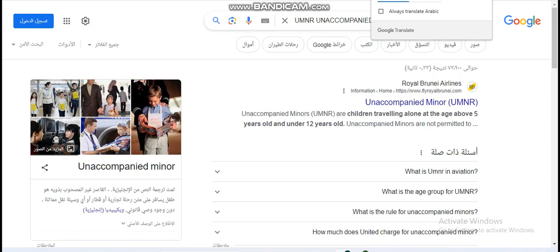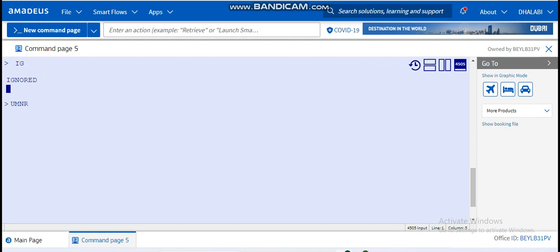Okay, so if a family wants to transfer their child, let's say the mother is in Africa and the father is in, let's say, Dubai, if they want their kids to be traveling from